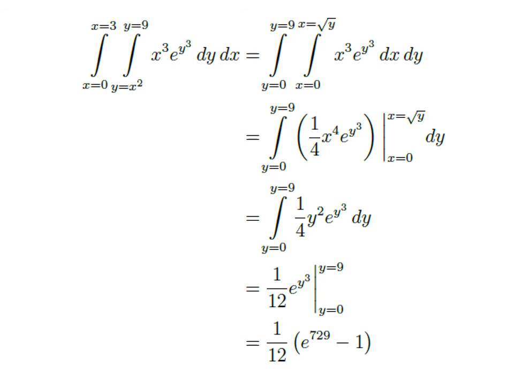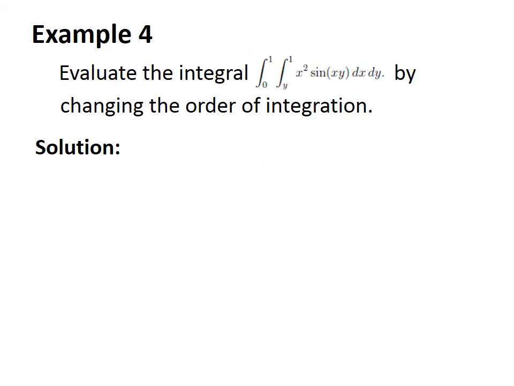Now using the substitution method or exactness idea, you can integrate, you will get e power y cube, variation is 0 to 9. You got your double integral value. I hope you are comfortable in fixing the region of integration and the evaluation procedure. Making you more clear, I am taking one more example with integrand as trigonometric function. Evaluate the integral by changing the order of integration.